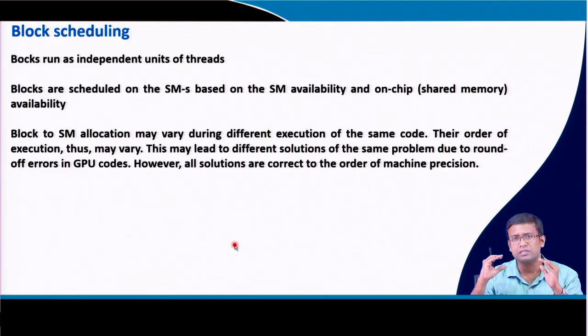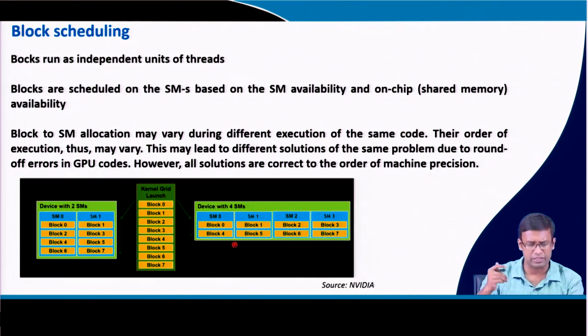However, these differences are only due to round-off error, which is less than the machine accuracy or machine precision. So your solutions will be correct to the order of machine precision, but the round-off error makes them different. So you will get correct but different solutions at different runs of the same code on GPUs, especially when you run on different GPUs also. But all these are correct, and the only difference is in terms of the round-off error, which is anyway part of